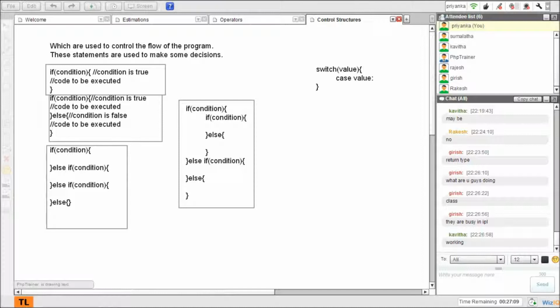Then just exit from this. To exit, we have to use break. Break is a keyword which is used to exit anything. It can be a condition, it can be a switch, it can be a loop. Break is nothing but just break this flow and move out of this flow. That's what break means.